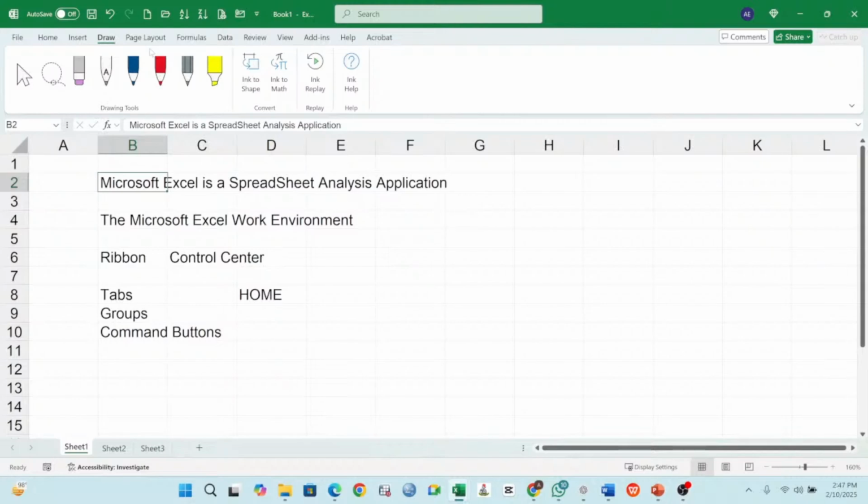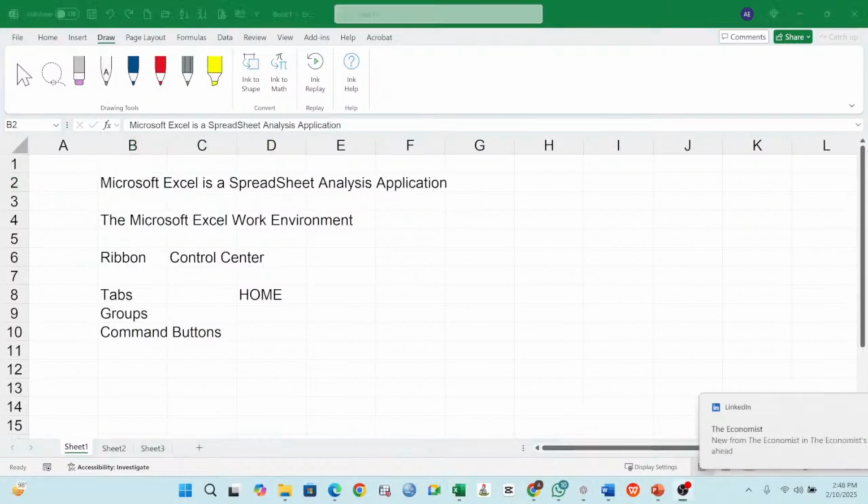Then I also have the page layout. The page layout is also a group. So in the page layout, you can have